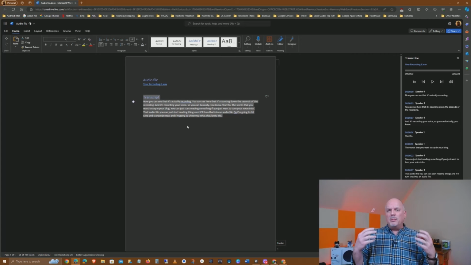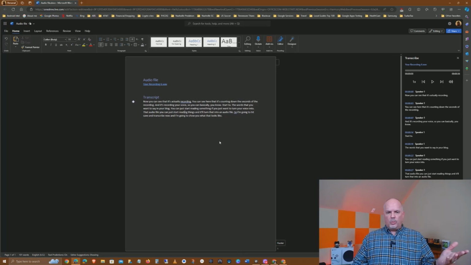So being able to say what I want to write is a huge benefit, and it saves me a ton of time. And it also saves me having to correct a bunch of errors, because as it transcribes and pastes it in the document, it corrects the spelling for you. So it's a huge benefit. So now you can just take this, you can copy it, you can paste it wherever you want, you can edit it, you can add to it, you can do whatever you want to with it.